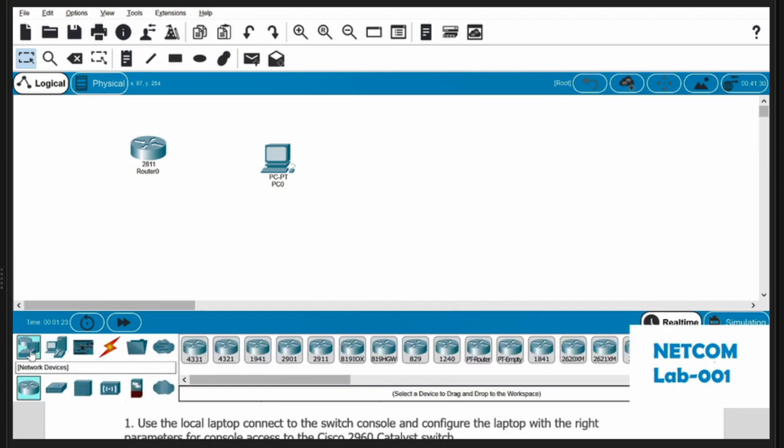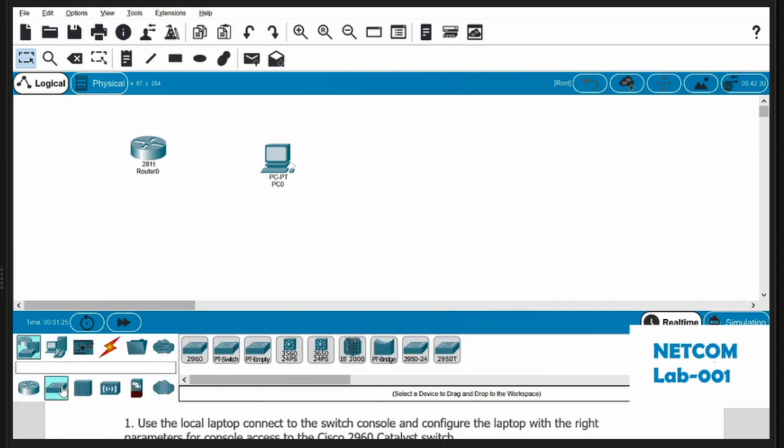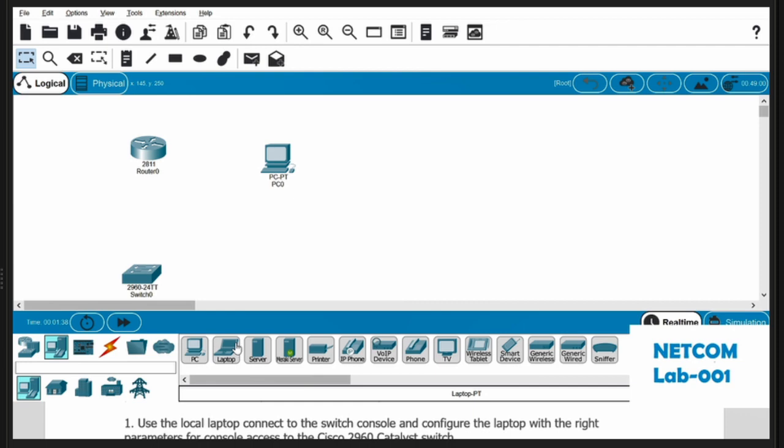And a switch. So, drag and drop lang. So, switch is 2960. And then, one laptop